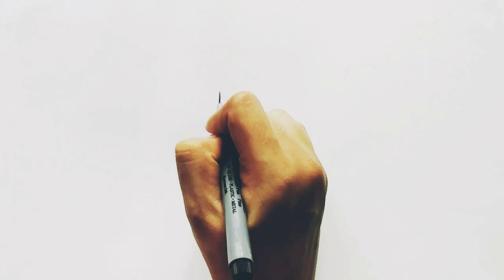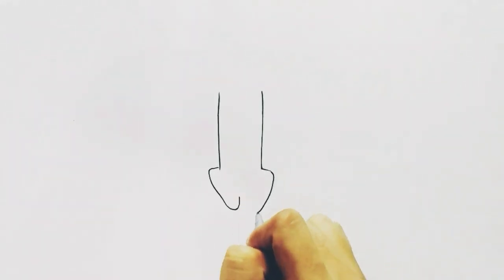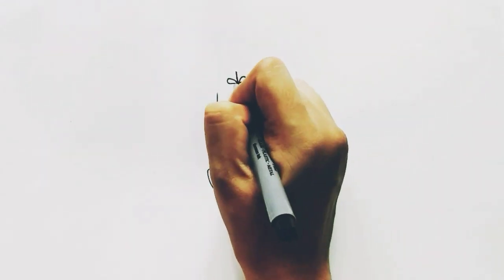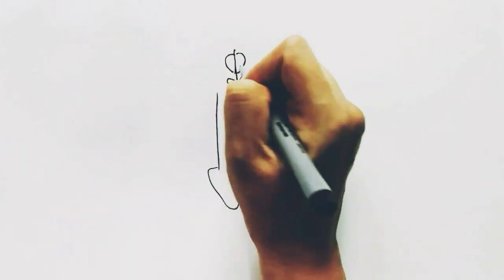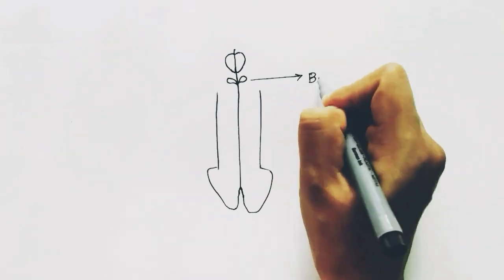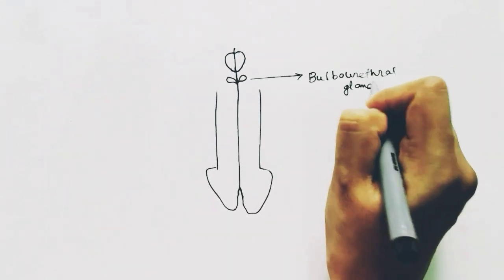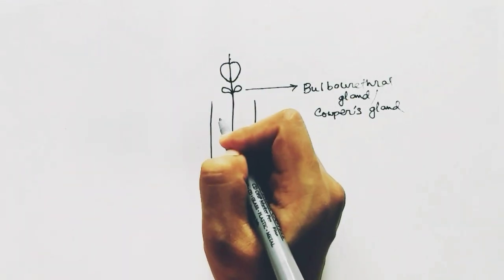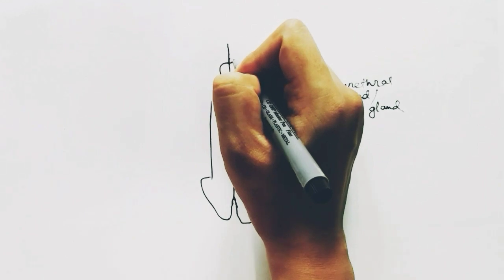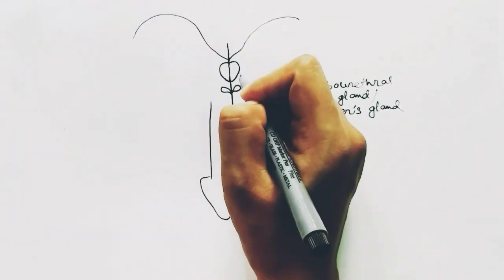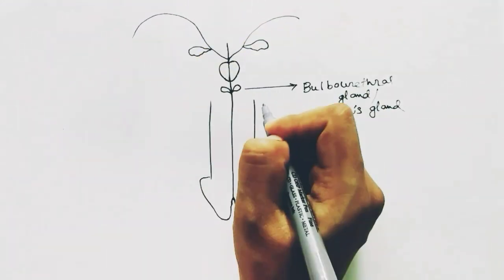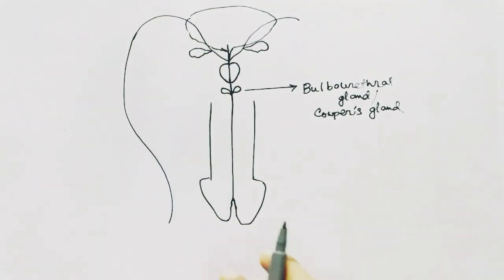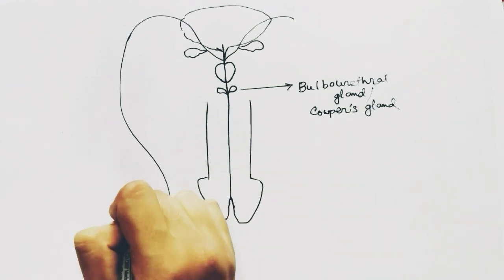Now starting with the penis. The duct present inside the penis is the urethra. It passes both semen and the urine. This small gland is the bulbourethral gland or the Cowper's gland. Above it, surrounding the urethra, the gland is the prostate gland. Above the prostate gland, these are the vas deferens, which is connecting to the seminal vesicle glands. This is the urinary bladder. And this long thread is the vas deferens, which is connected to the epididymis.